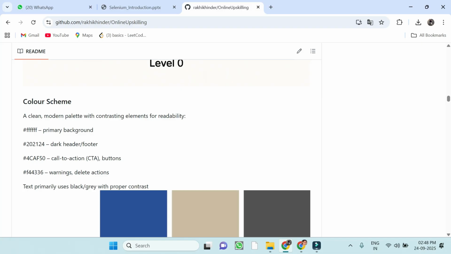Django, I think Django is easy. Django is a framework of Python. Django is not a separate language. Django is only the framework. If you know Python, then yes, this is the Python framework.